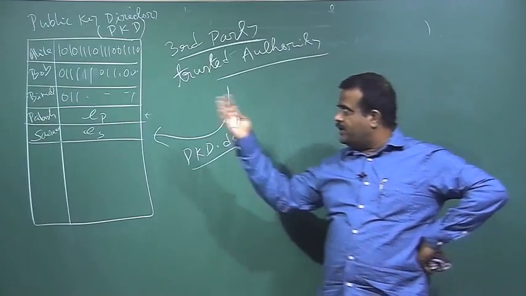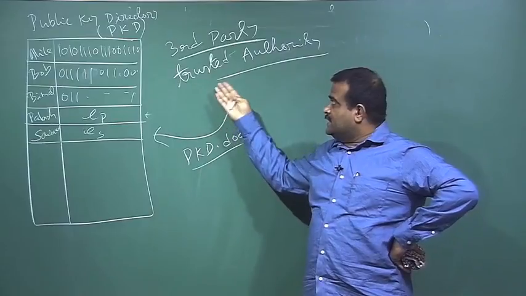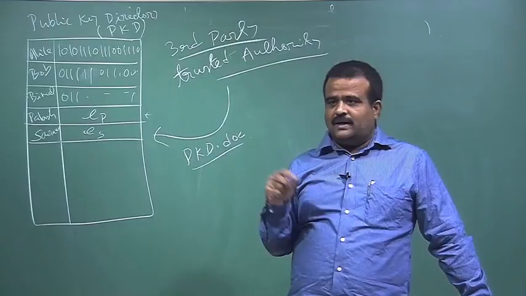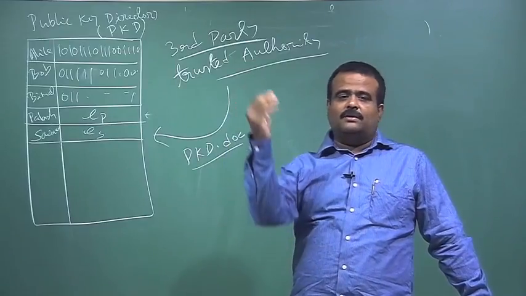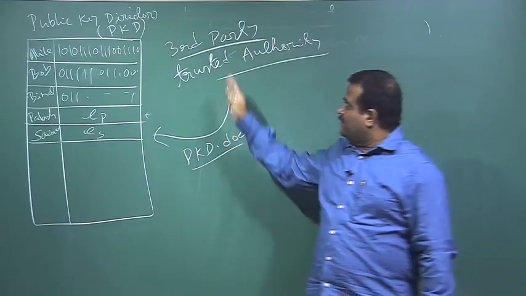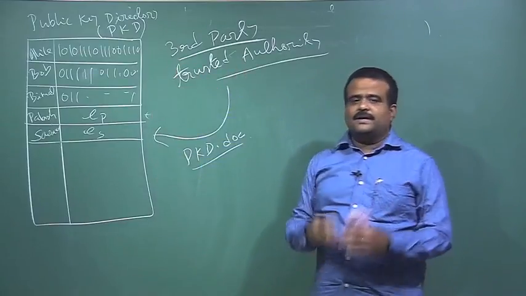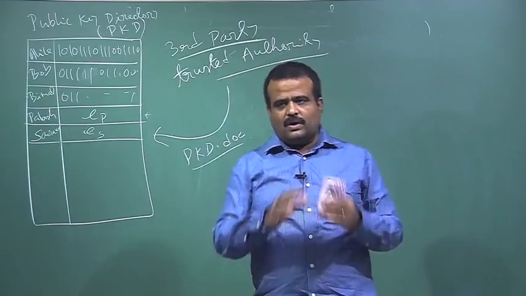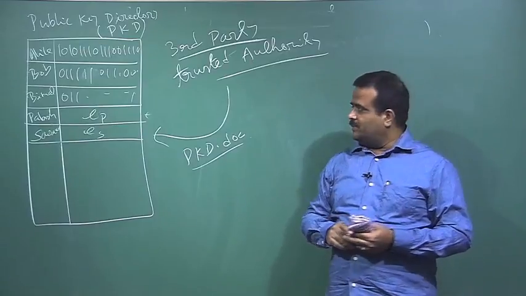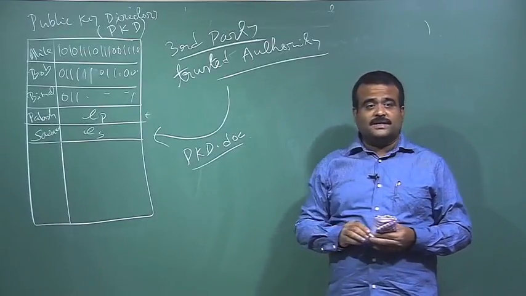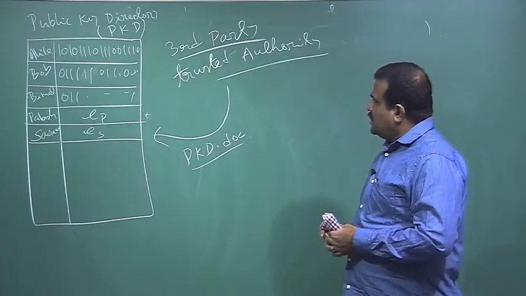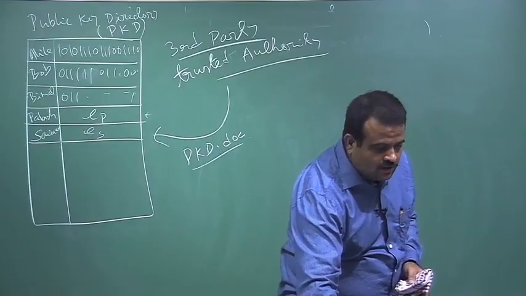So, periodically this trusted authority can publish this book in order to avoid that bottleneck. If everybody is asking, hey, what is the public key of my sender, my receiver, then it will be a headache for the trusted party. So, to avoid that, it can publish the public keys over a hard copy or some sort of PDF file. Those are basically read only, so nobody can change them. Okay. So, this is one way, and another way is